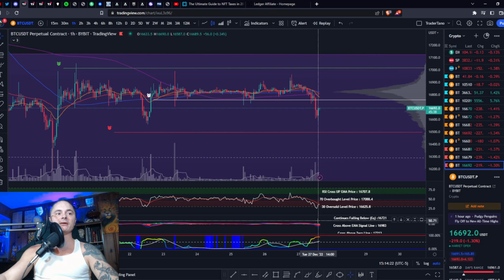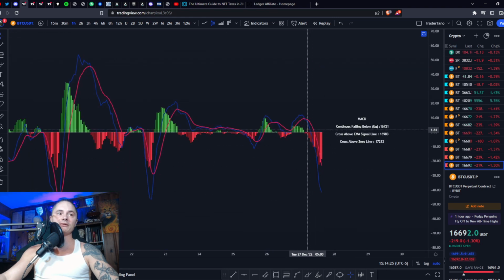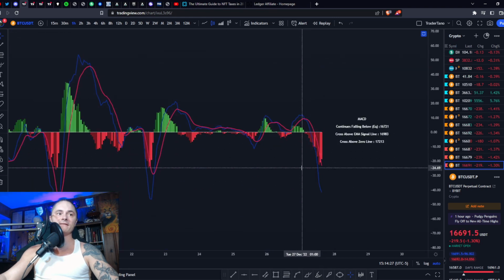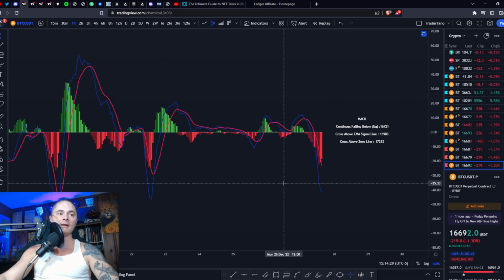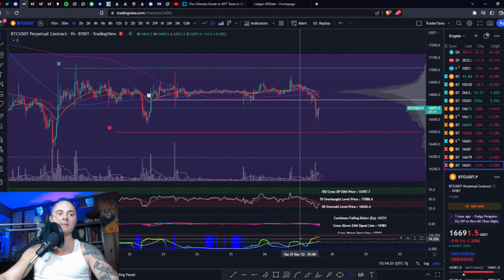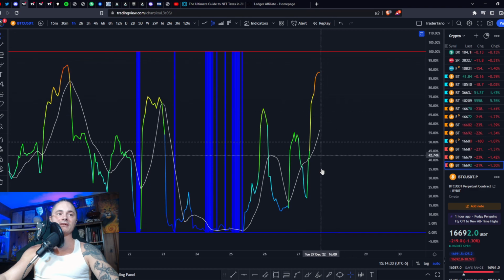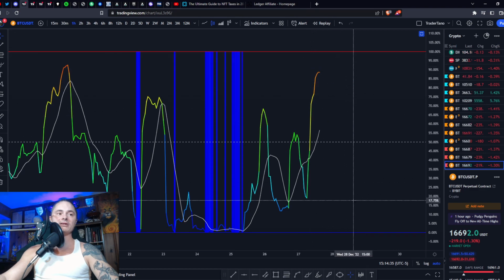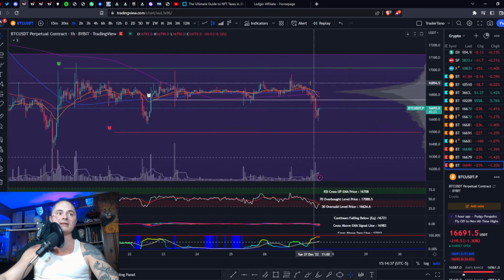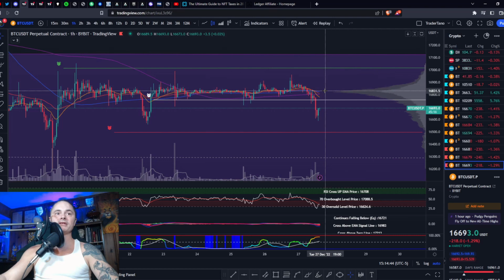That is one scenario. I mean, your MACD is below the zero line. You did get a fresh cross to the downside of the zero line. Negative momentum is still picking up pretty good as your BBWP is expanding. So your volatility is going up as your price action is going down. So it's either we get back above this POC and all these moving averages at 16,800 and then work our way back up to 17K, or we come up here and get rejected,